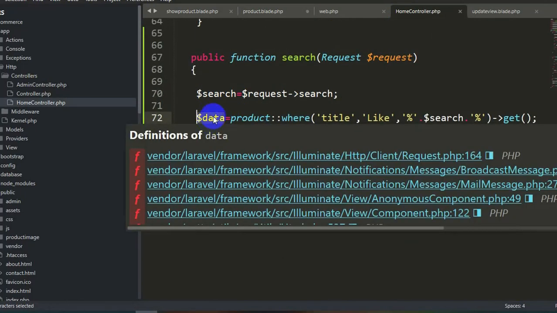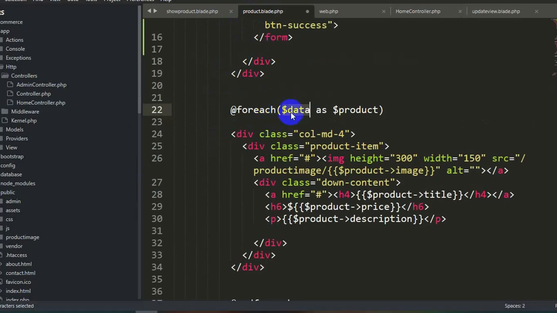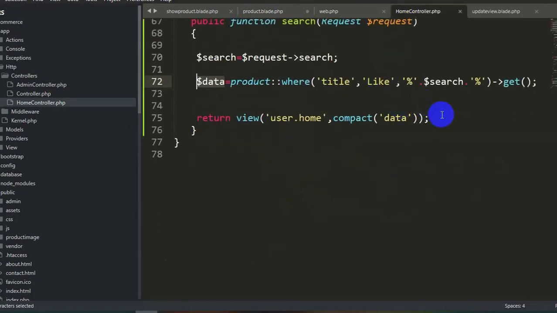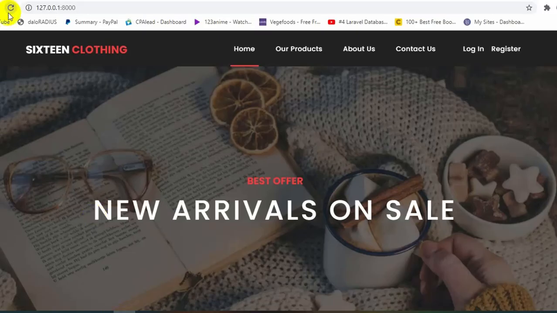If you declare a different variable, then you have to create another blade file and give that variable that you declare over here. So we are going to use the same variable so that we don't have to create another blade. So I hope it's clear to you, and if it's not, then you will be more clear in the future tutorial. So let's save it now, and let's go to a browser and let's just refresh over here.